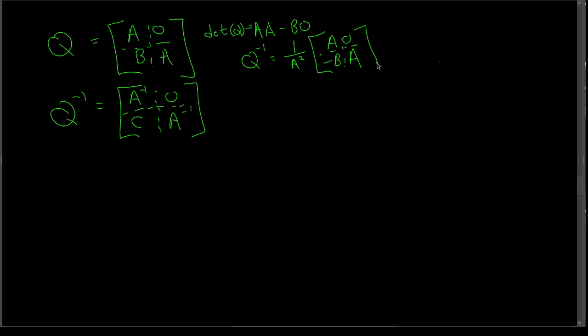And so we got this matrix. And in that case, that's going to become A negative 1, A inverse, A 0, negative B 0. And all said and done, we were able to get that Q inverse becomes A inverse 0,